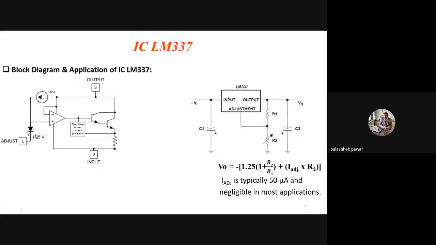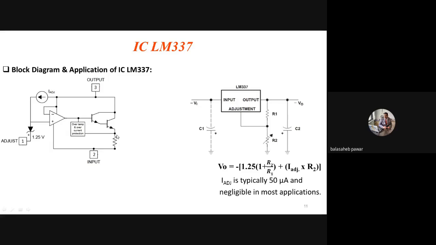Already I explained the current boosting or current handling capacity. It gets boosted by using this Darlington pair. Two NPN transistors are connected as shown, that means the emitter of the first transistor is connected to the base of the second. Such a connection is known as a Darlington pair, and its feature is that it can amplify the current. So the Darlington pair can boost the current providing capacity of the device. Same as LM317, you will observe there is a protection block, that is over temperature, overloading, over current protection, etc. And there is one output current limiting resistor.